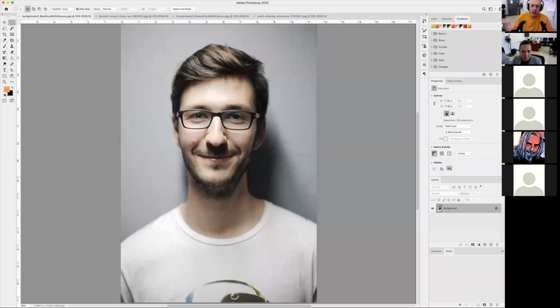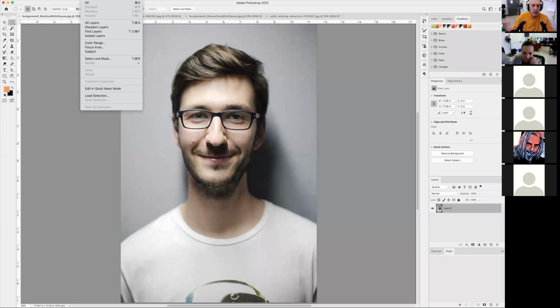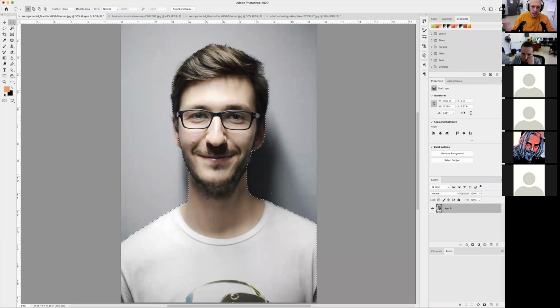So first thing I want to do, I want to go into my layers and unlock the layer. So it's now just a regular layer. That way I can go into my selection menu right here and go select subject. And Photoshop does its thing, and it recognizes that there's a subject right there, and then it selects basically just the foreground. And as I said, because it's got some really fuzzy edges, it's not the best